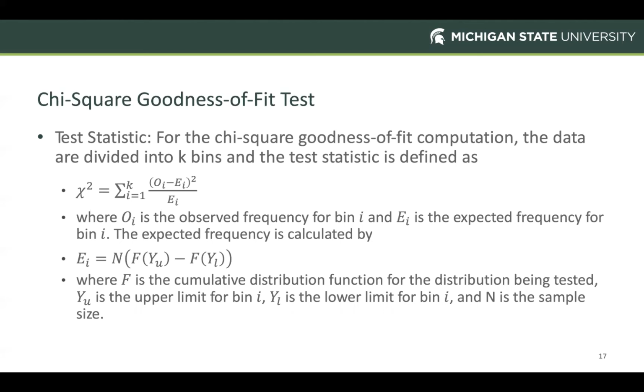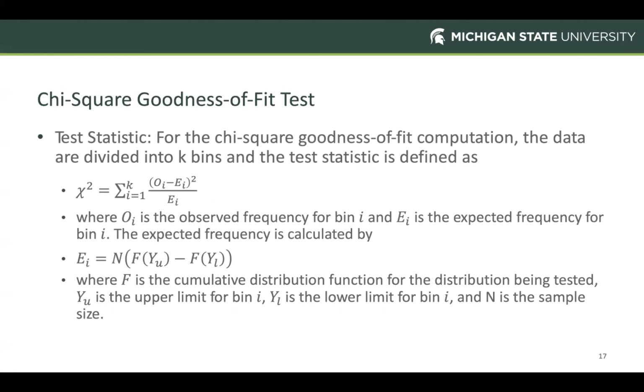And with that being said, the chi-squared test just evaluates the squared difference between the observed and expected number of observations within each of those bins divided by the expected number of observations. So this is basically giving us a normalized squared difference, similar to some of the statistics we've looked at previously, where the larger that squared difference is, the more evidence we'd have that